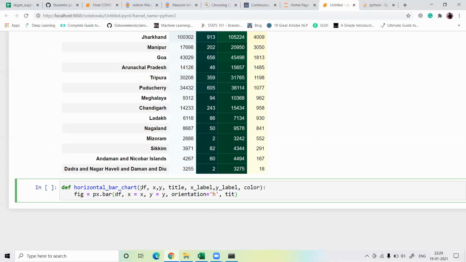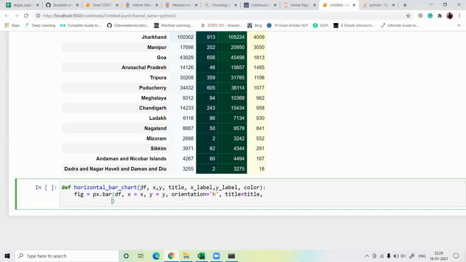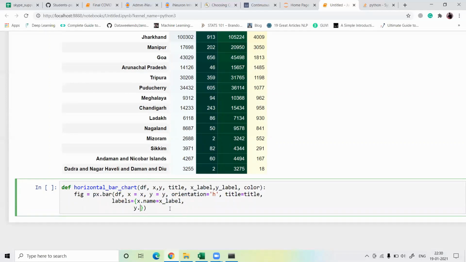We have to define everything in the next column, guys. So title is equal to title. After that we have to define labels: x name is equal to x level, and y name is equal to y level.